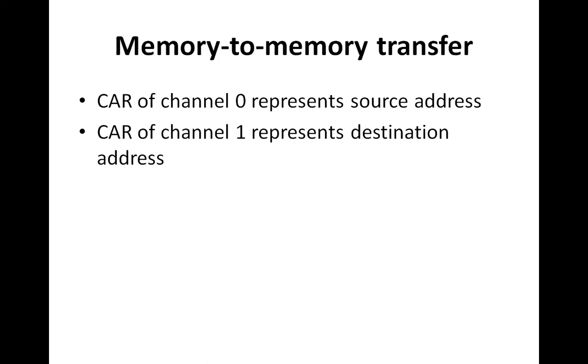And after each data transfer, the address registers are decremented or incremented according to the current setting. If the content of the source address is in ascending order, and we want this content to be stored at the destination in ascending order, then the addresses will be incremented. But if we want to store the data in descending order, then the current address register of channel 0 and the current address register of channel 1 will be decremented. It depends on what kind of setting has been done.